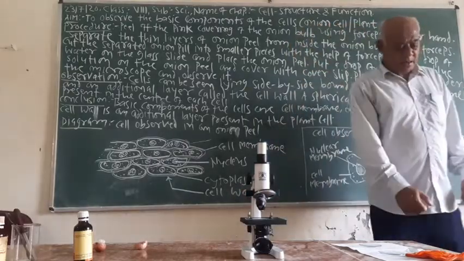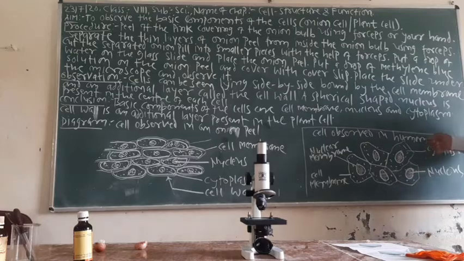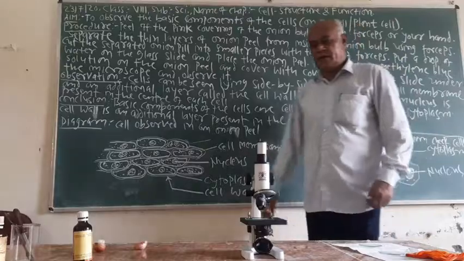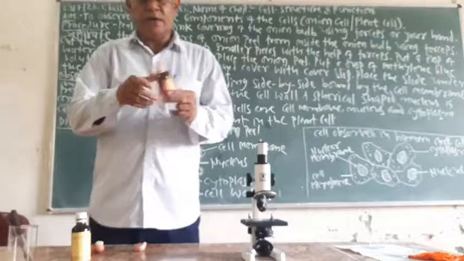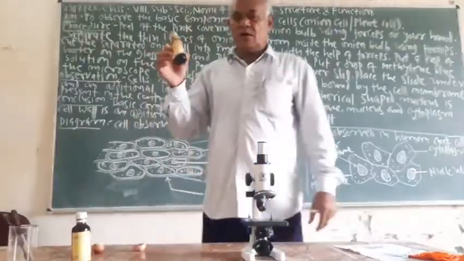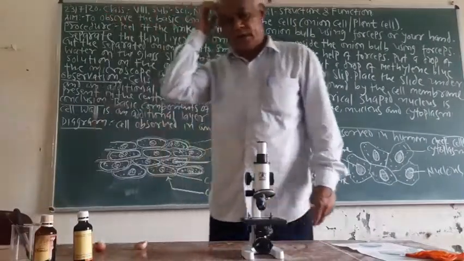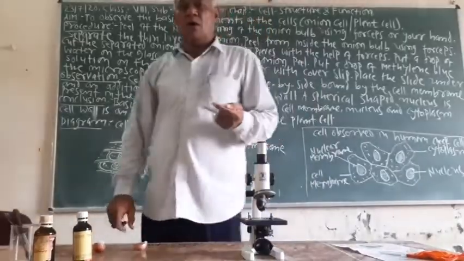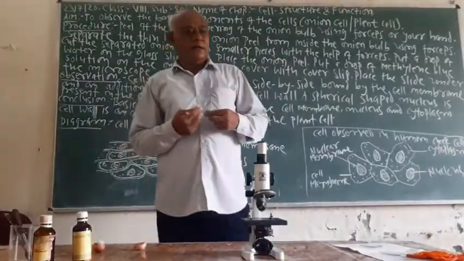In a similar way, we observe with the help of a microscope an animal cell, that is, a human cheek cell. If we prepare the slide of a human cheek cell, we require as a stain methylene blue or iodine solution. In the bottle, iodine solution is there. And similarly we proceed. We require a small toothpick or matchstick and clean